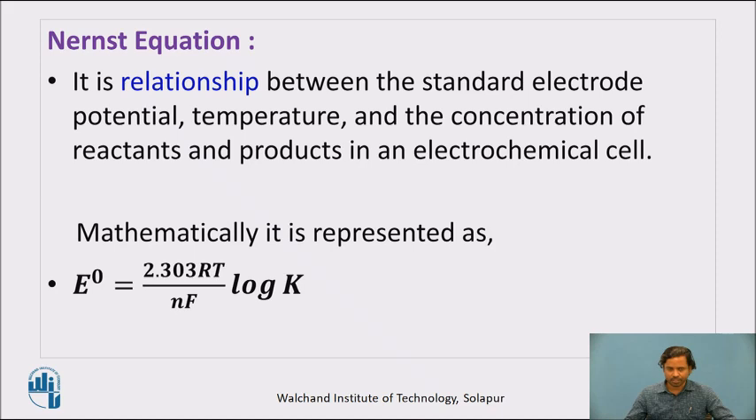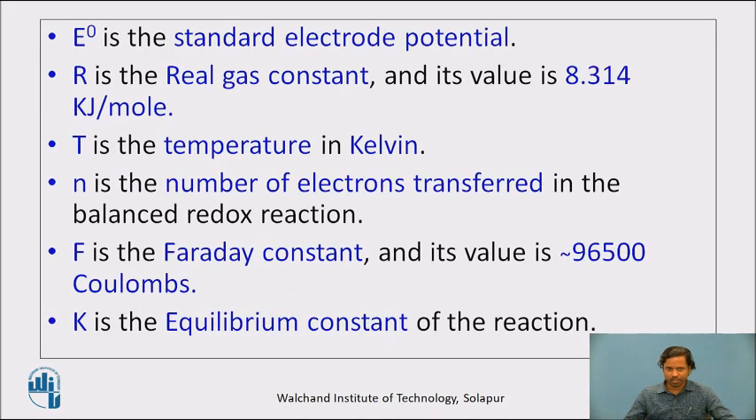Nernst equation. It is a very important equation from electrochemistry. It is the relationship between standard electrode potential, temperature, and the concentration of reactants and products in an electrochemical cell. Mathematically, it is represented as E naught is equal to 2.303 RT divided by NF into log of K, where E naught is the standard electrode potential of the cell,